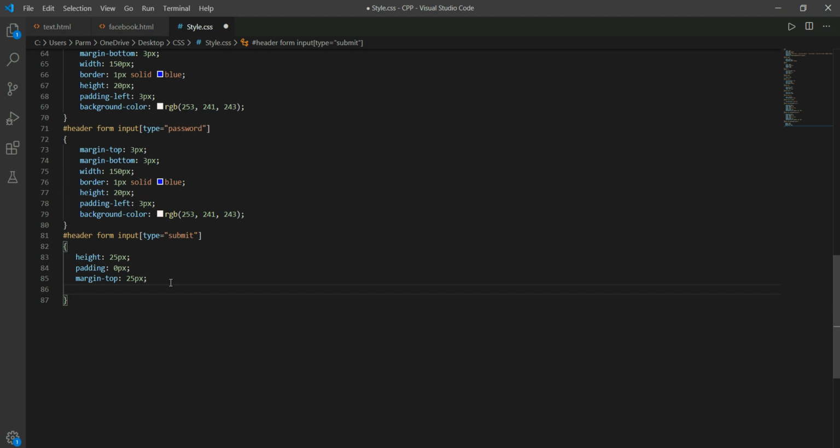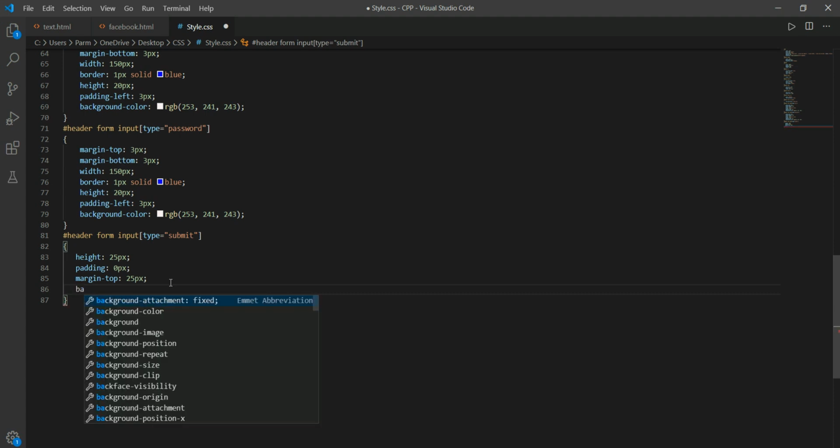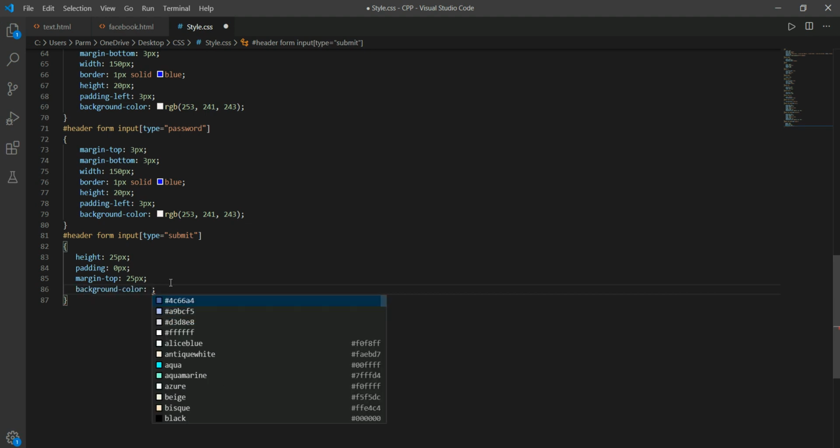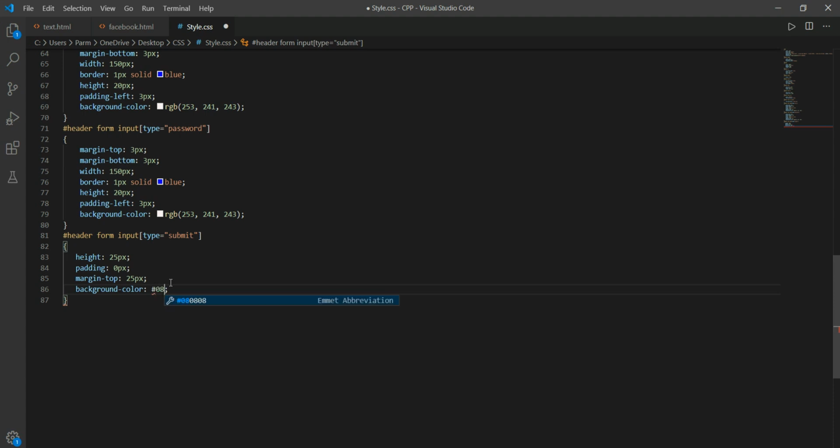and here I have to set the background color. For this I'm taking its background color, say hash 084B6A.